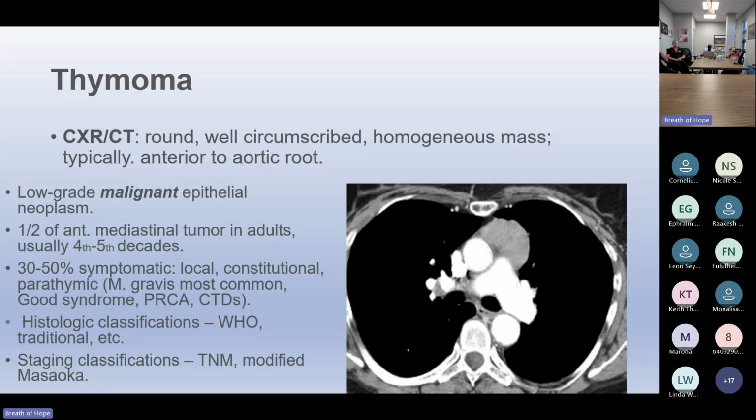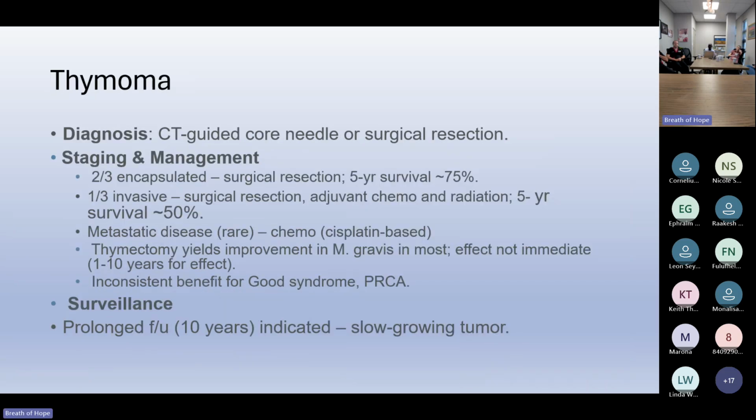Histological classification is by the World Health Organization; I'm not going to go into detail with that. For staging classification, they use the TNM, modified Masaoka. Thymoma is of course diagnosed by CT-guided core needle biopsy or surgical resection. On staging and management, two-thirds are encapsulated: surgical resection, with 5-year survival of 75%. One-third are invasive: